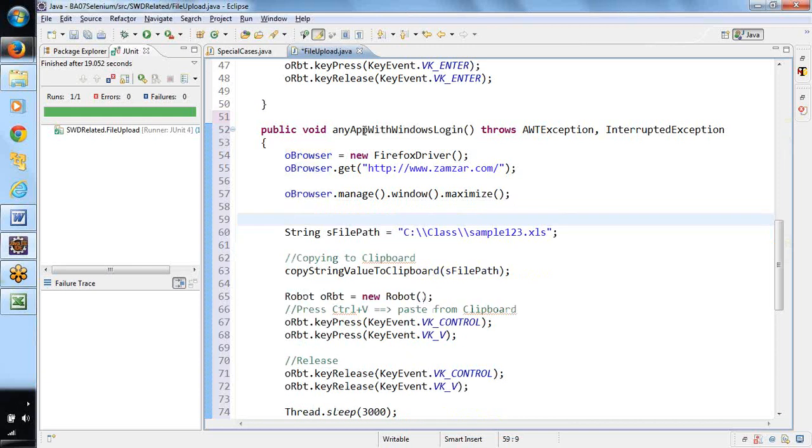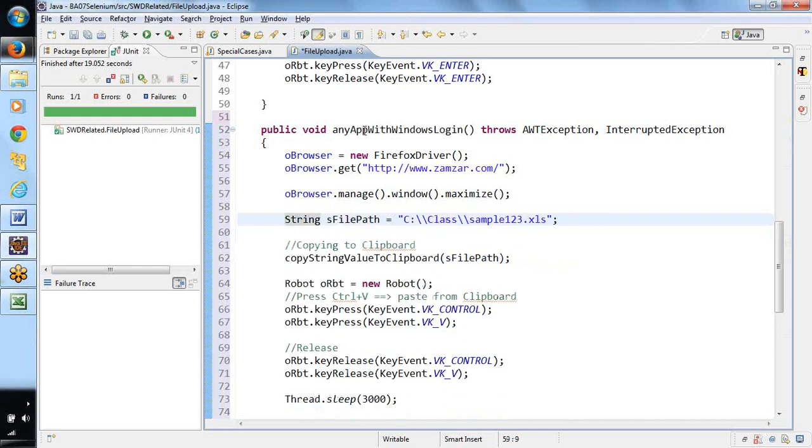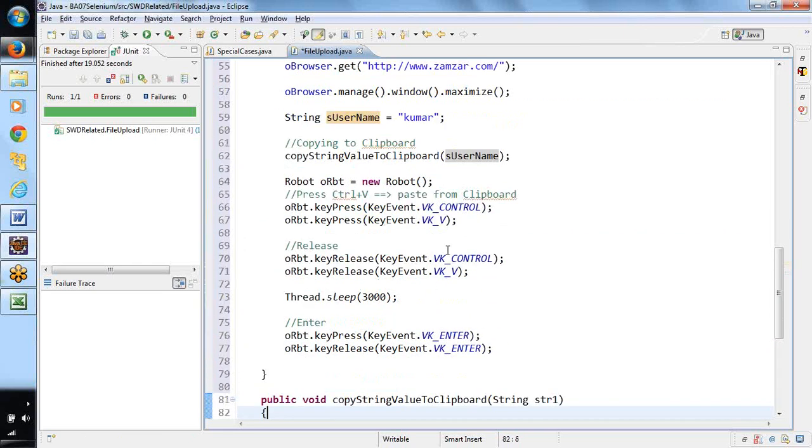In that case, I will say username, and mention the username here. Now we will pass this username. First we will save it into the clipboard, and then by using the clipboard, first we are going to paste here.